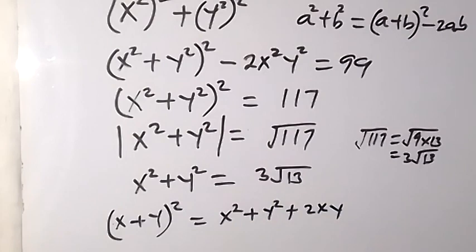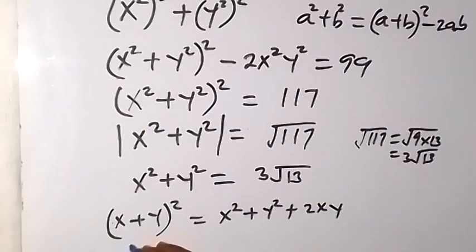Then we can rewrite this and say, when we take this to this side, we already know that x squared plus y squared is 3 root 13, and we know our xy to be 3. So therefore (x plus y) all squared equals